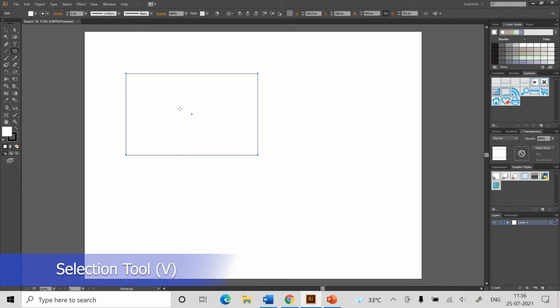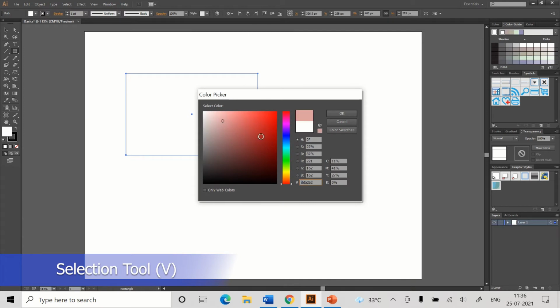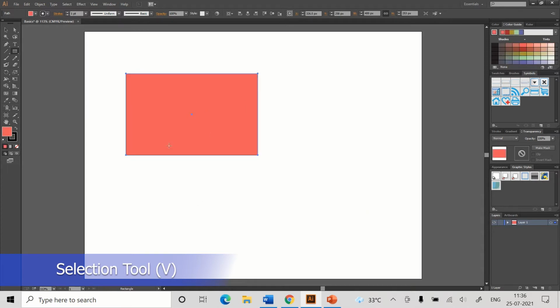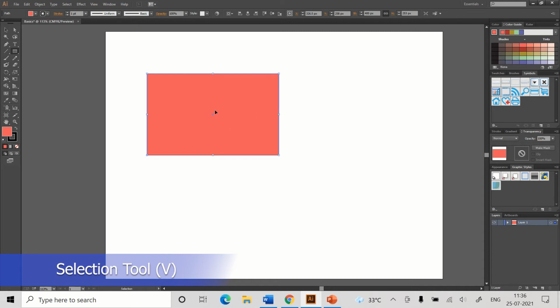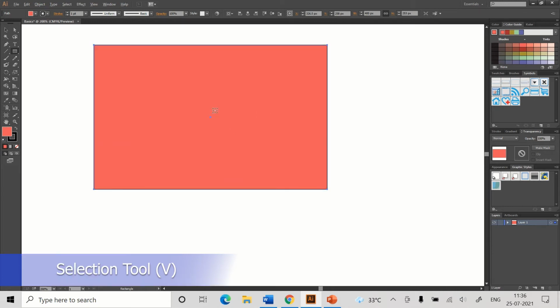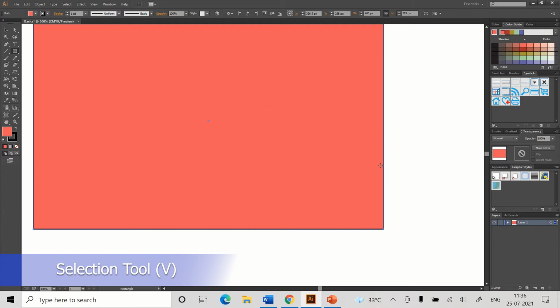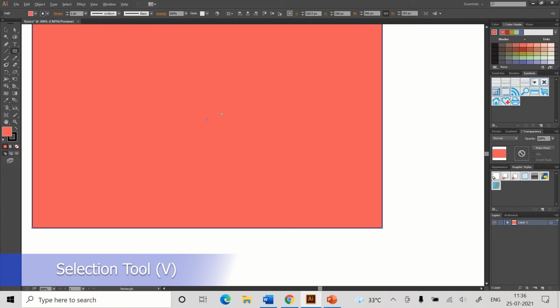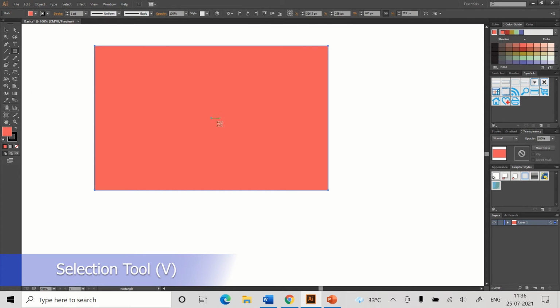to fill inside. So now let's say I am going to change the color to a reddish tint and shade. Okay, so selected. Now it is filled accordingly. And about the stroke, you can just zoom in, and after that you can see that the stroke is black, which is here. So I hope this is okay for you to understand.